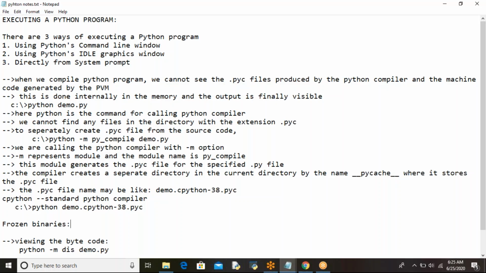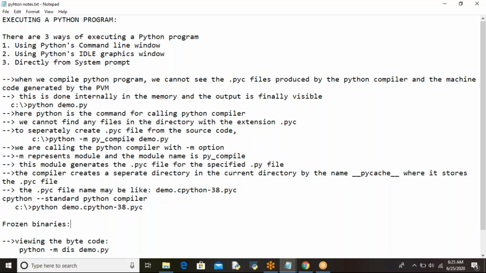So this way of providing the .pyc files and Python libraries along with the Python virtual machine, combining all that together, forming an executable file, and giving that executable file to the user so that the user can directly double click on it and execute it, is known as frozen binaries. Converting Python programs into true executables is called frozen binaries. But it will have more size, right? Because you are not only sending the .pyc files, it contains the Python virtual machine and Python library files also.